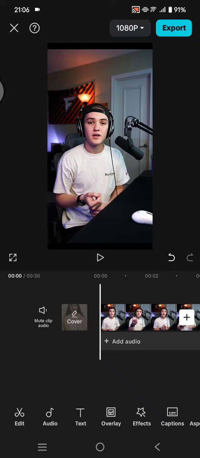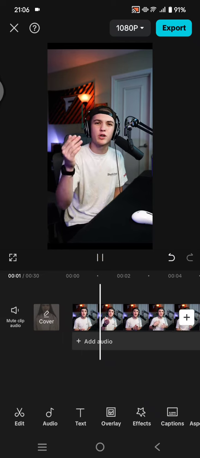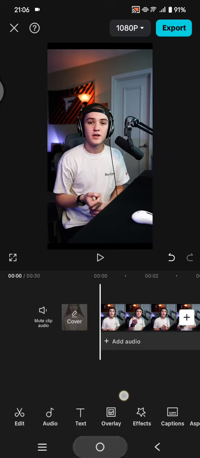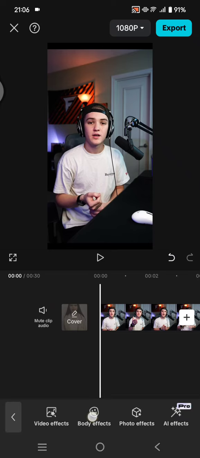On today's tutorial, I'm going to show you how you can add this trending angry red face effect to your videos in CapCut. So you can start by adding the clip that you want to edit, and after that here you can just go to effects, tap on the body effects,